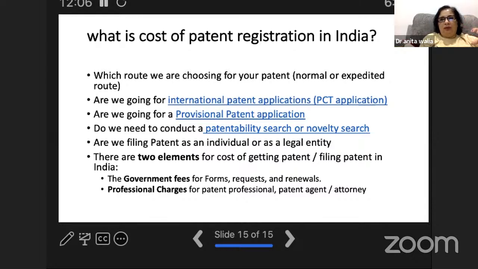Many corporates or individuals tie up with the university, because the university name comes and the university gets a good accreditation. They collaborate with some university professor, and the educational institute goes ahead and files the patent in which their institute name also appears.